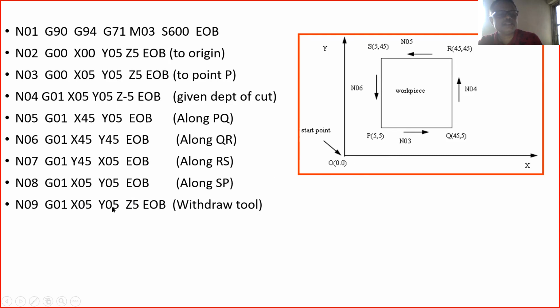Then from point P, you go back to the datum point. That is 0, 0. G01, X0, Y0. Next is M30. M30 is the end of the program.